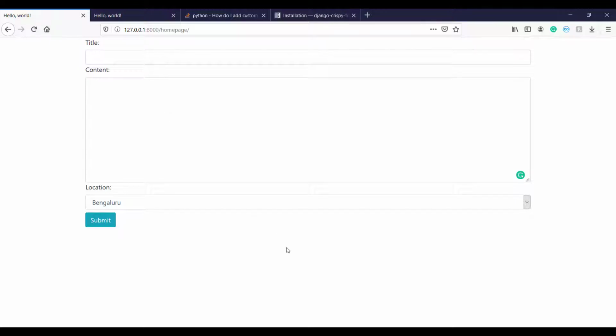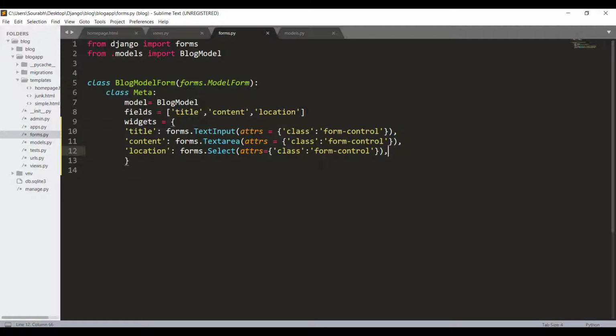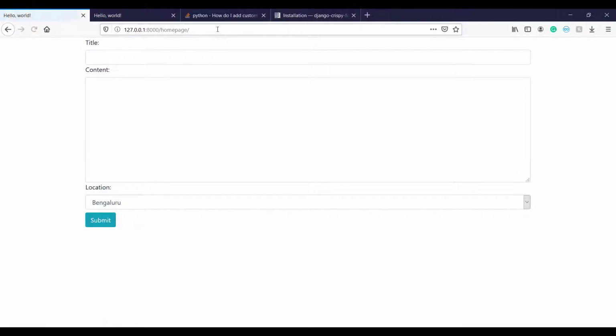Now we have the option to customize it even further. For example, we can put an ID here, we can put placeholders. Let me show you an example of a placeholder: please enter a title. I'm saving it and reloading our page.